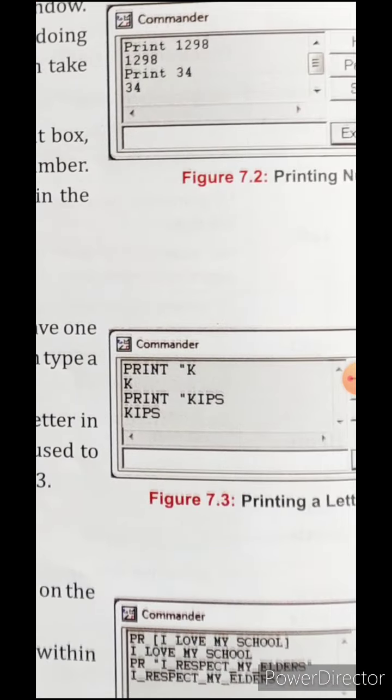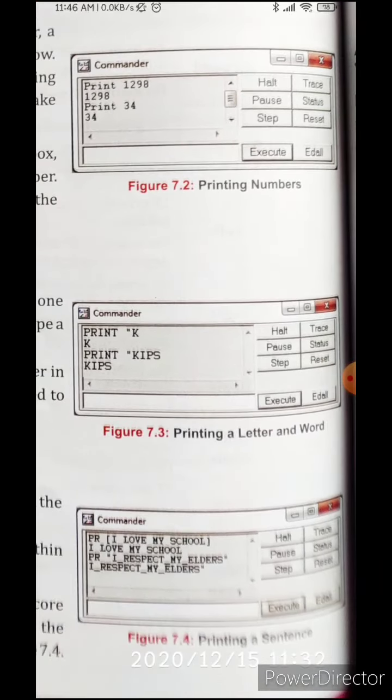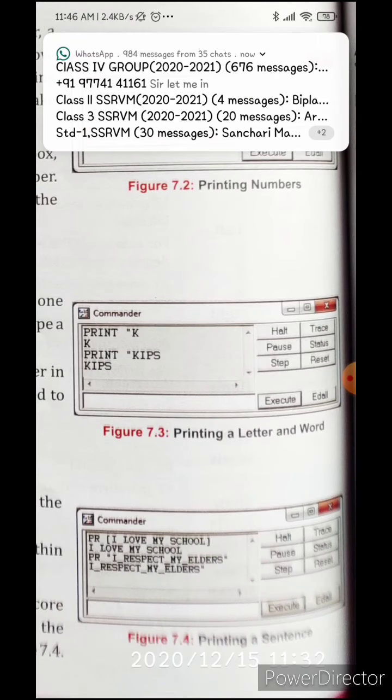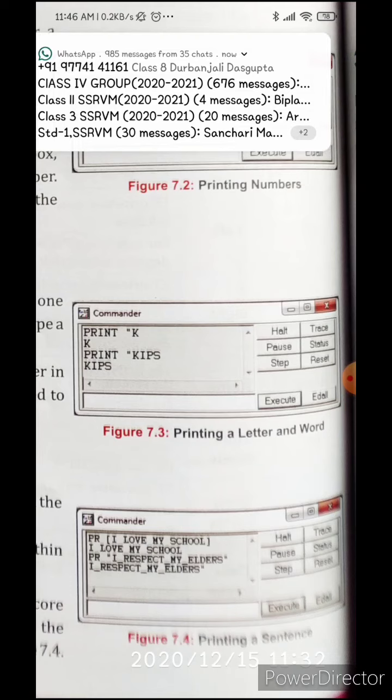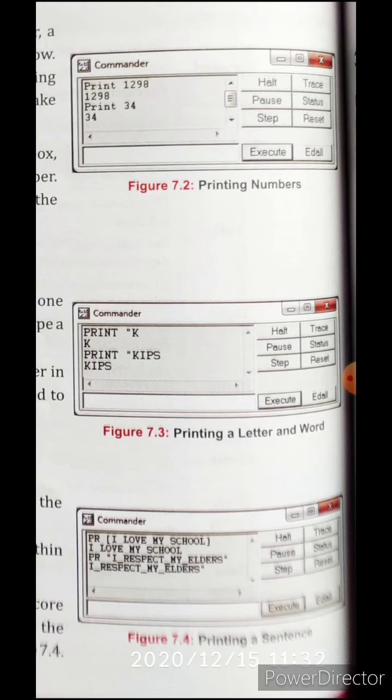In both cases, in the case of a number, we have written print, and simply by pressing the space bar, we put the number. But in the case of a letter, you can see, after writing print, we need to put a double quotation, and after that,